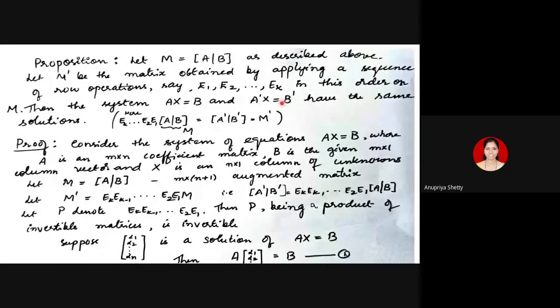And if one has infinitely many solutions, the other one will also have infinitely many solutions. Not only is the number of solutions the same, they will have exactly the same set of solutions. If I know one column is a solution of Ax equal to B, exactly the same column is going to be the solution of A dash x equal to B dash also. That's why even if you reduce the matrices involved in the system into a simpler form and then solve that system, the solution that you get will be the solution of the given system itself.